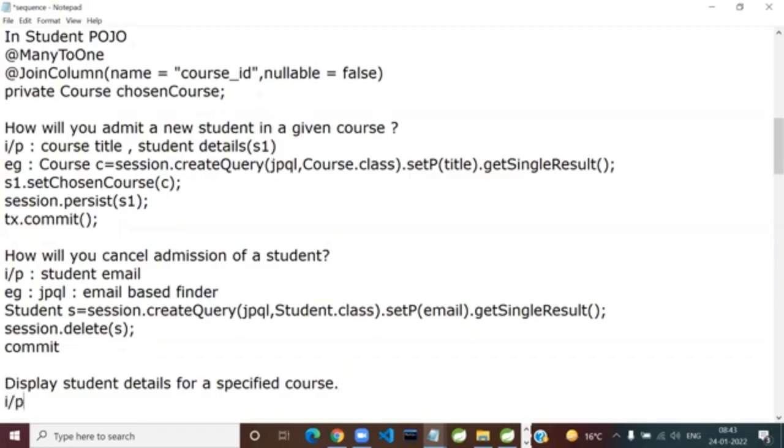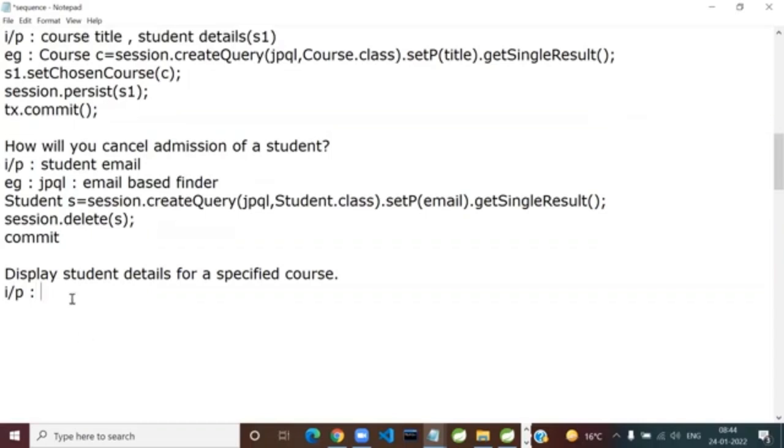So what will be the input, guys? Input can be course ID. Input can be whatever, I mean, anything. Okay, let's say course ID. So give me the plan. If I had asked you this question in a bidirectional setup, how would you have solved it? We have solved it, so I have a right to ask you. You would have simply said, yes. In a bidirectional, how would you have done it?